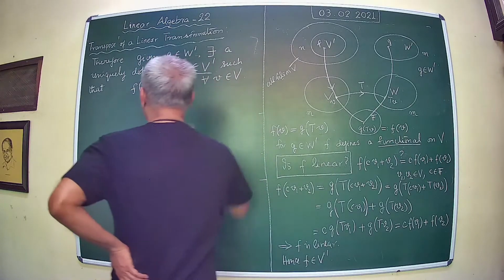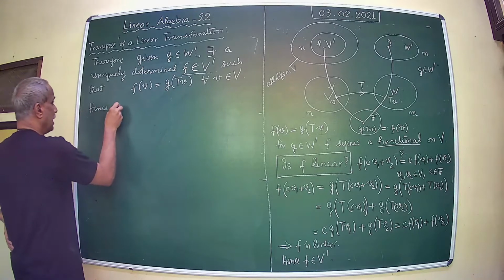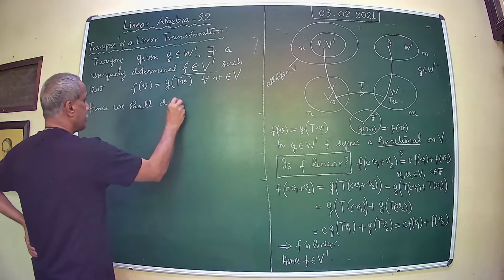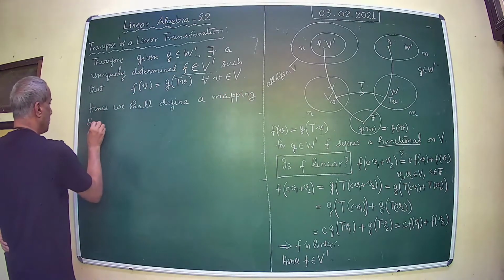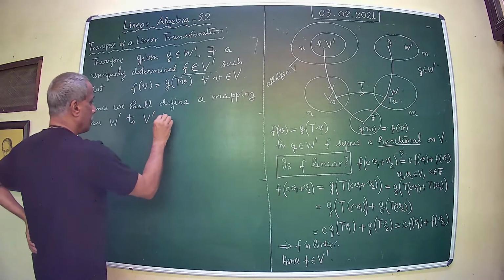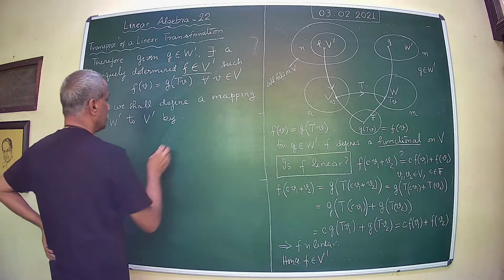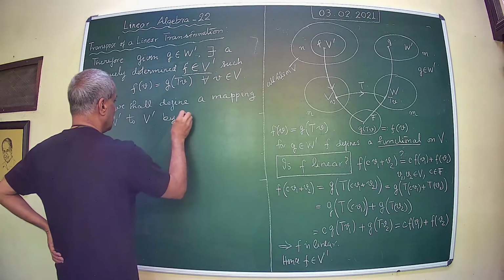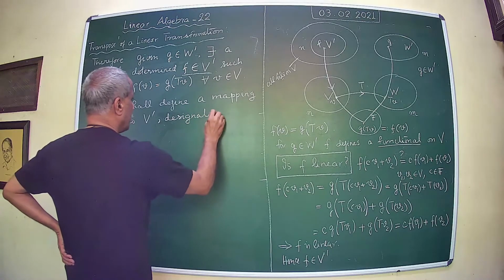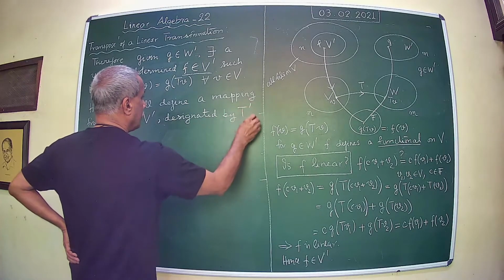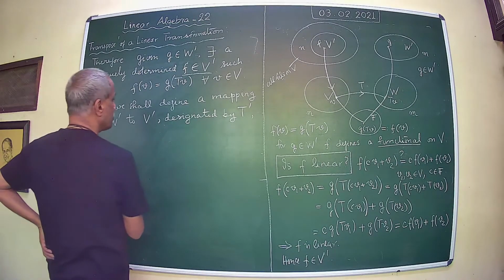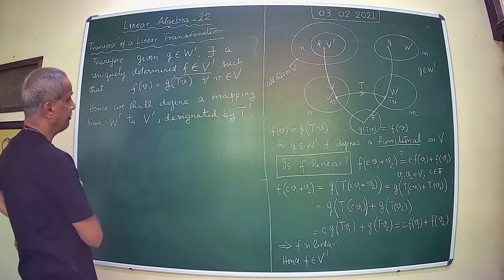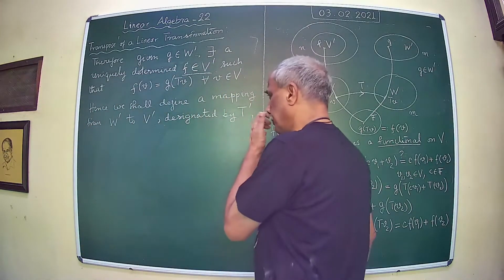This is important. Hence, we shall define a mapping from W prime to V prime designated with T prime by